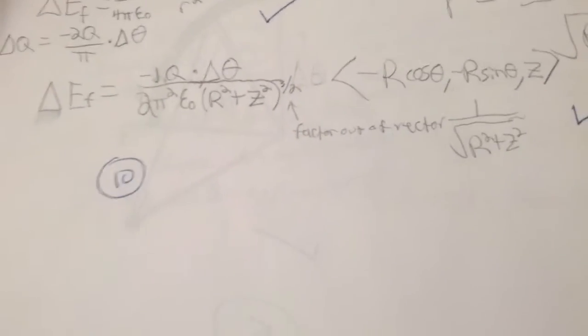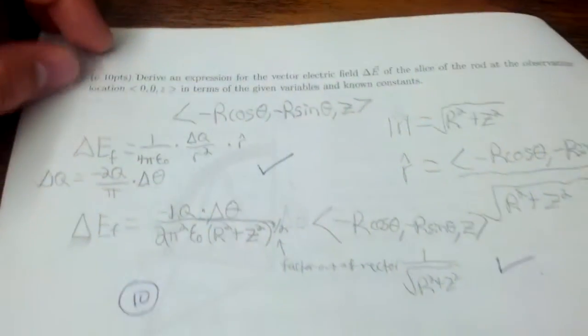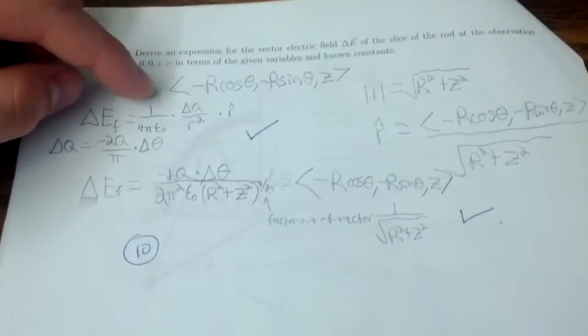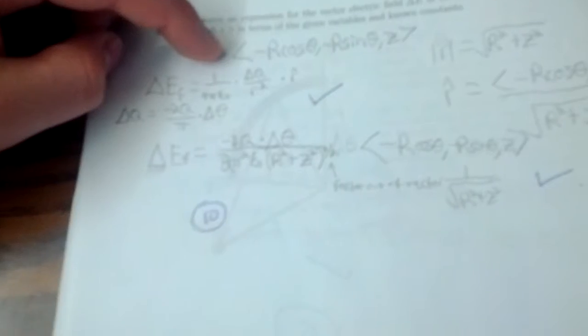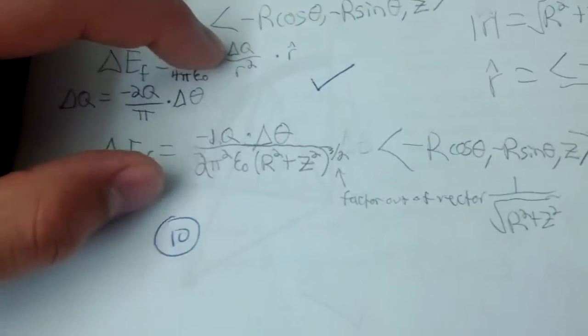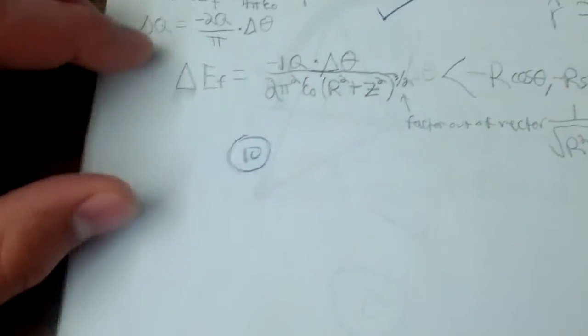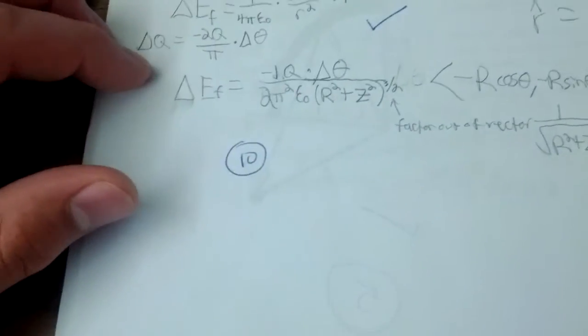For part C, it wanted you to find the electric field at the observation location. So for this problem, you use the vector you found in part A, and you have to write out the formula for an electric field, which is this, and instead of q, you have change in q, and you found change in q in part B. So then you also need to